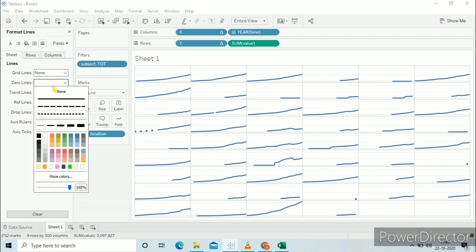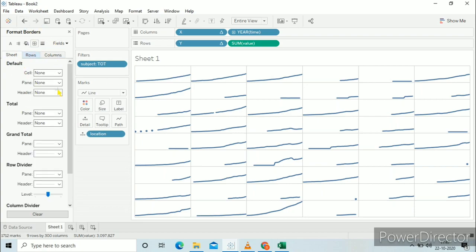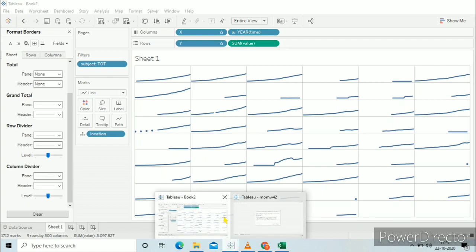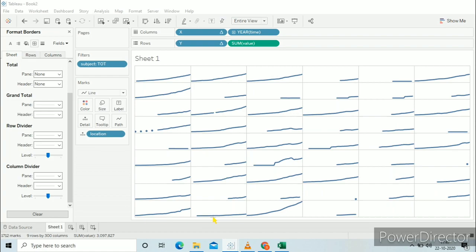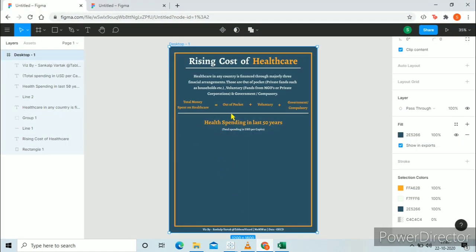So go to format lines, remove zero lines, remove grid lines, go to format borders. In this you have to give the borders. So for that, first we will see the color code of white color, that is F7FFF6.